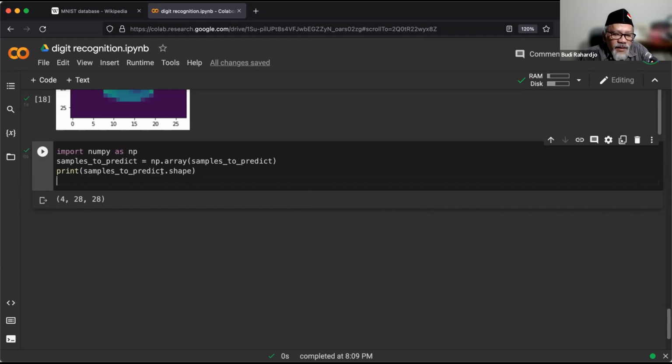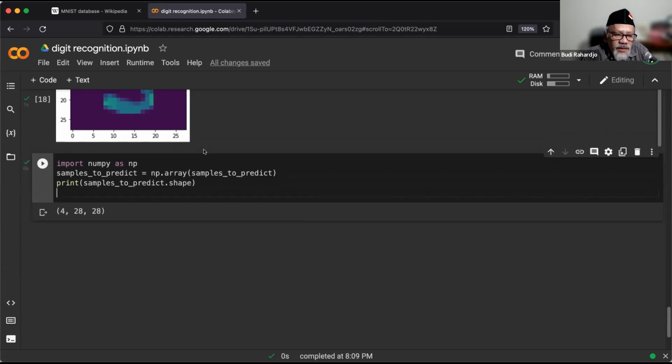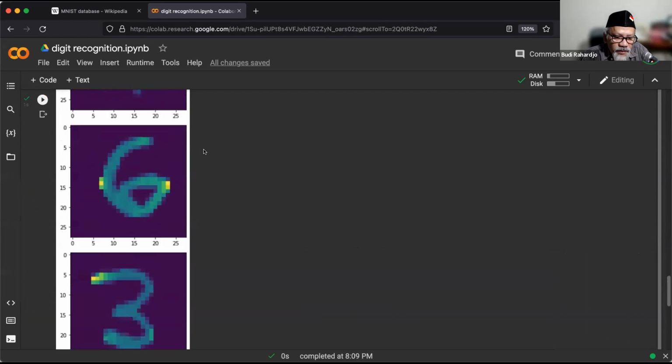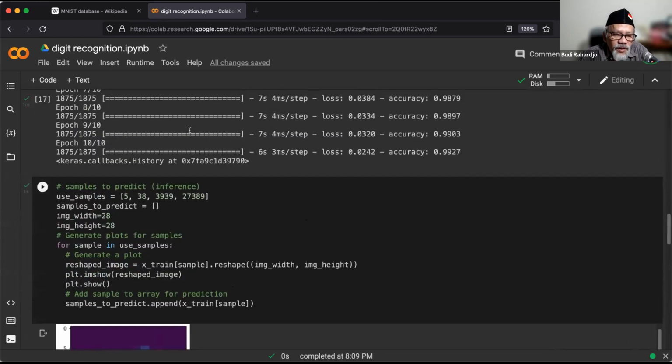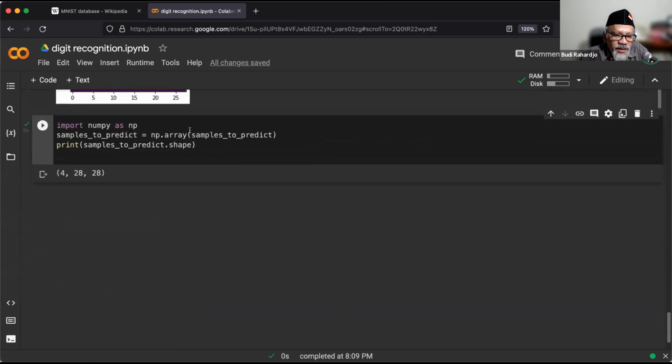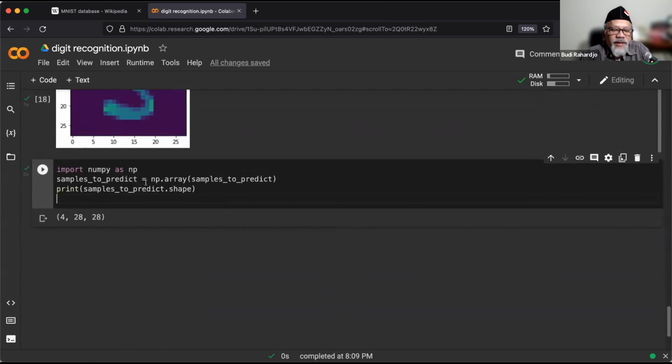So what we have here, remember the top part is where we are putting these 4 images, number 5, 38 and so on. We put them into an array, which we call samples_to_predict. Those 4 numbers we put in. If we print samples_to_predict, there are 4 images, and every image is 28 by 28.